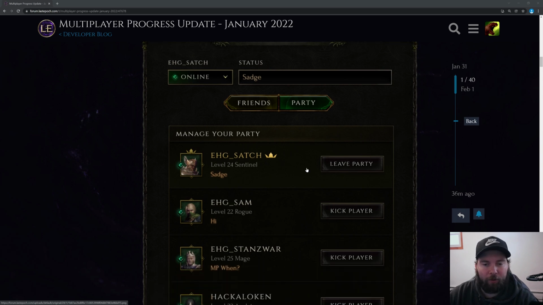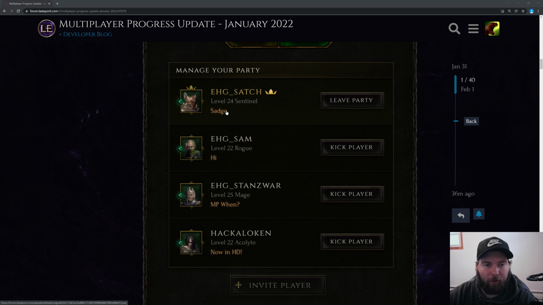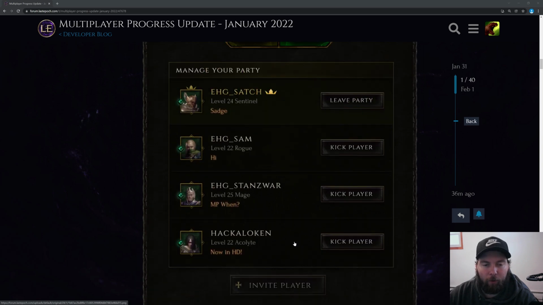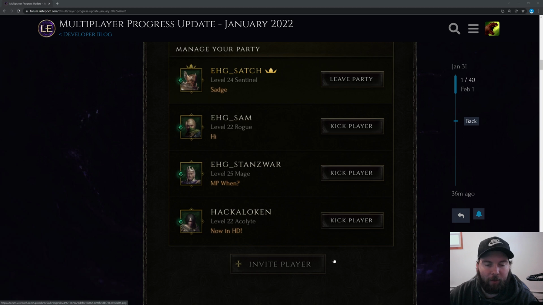And then as you can see, once you're in a party, you have the ability to leave the party. As the party leader, they have the option to kick every player. And then you can see here that there's a 4-party group. This looks like it's still the max amount of people you can have, as it looks like the invite player has been grayed out, meaning they can't add another one to this current group. You can see their custom statuses, as 𝐁𝐿 is now playing in HD, MP win, never heard that before, and